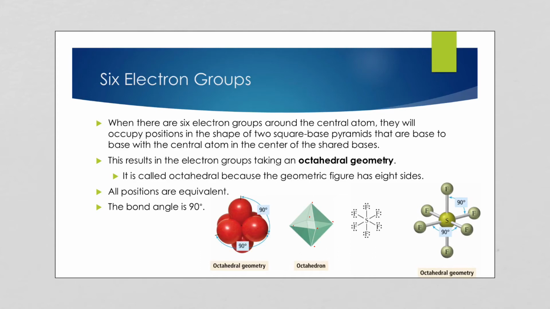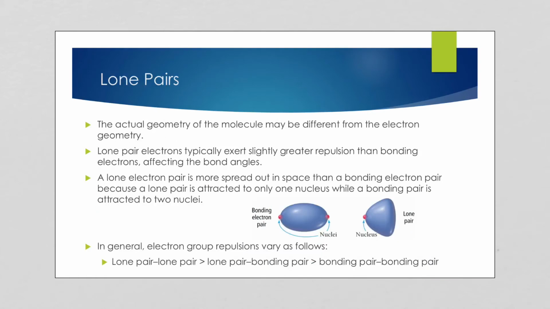And these electron geometries will also be the molecular geometries if we only have bonds. But what if some of our electron groups are lone pairs? Well, now we have to change our thinking a little bit. We have to adjust if instead of having a bonding group there, we have a lone pair. So let's look at what that does. So again, the actual geometry might be slightly different than what the electron geometry is because of the presence of